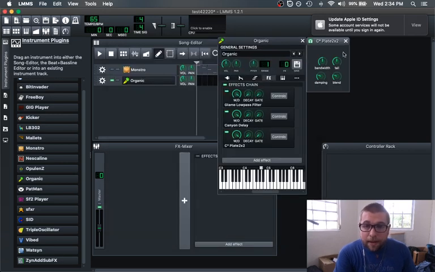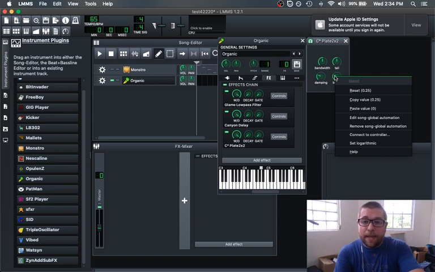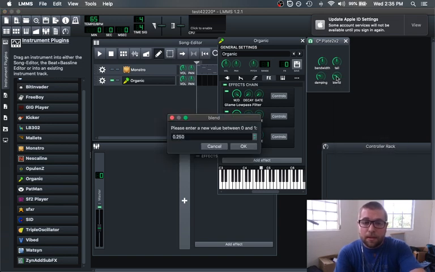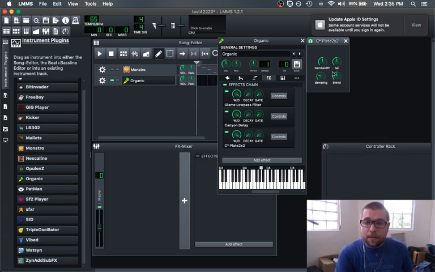Why not? Let's again make it a 50-50 blend. Here, let's do it in a lower octave.